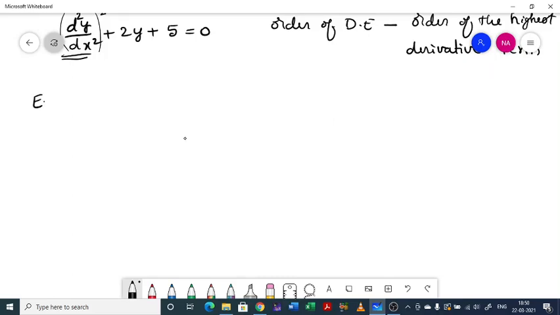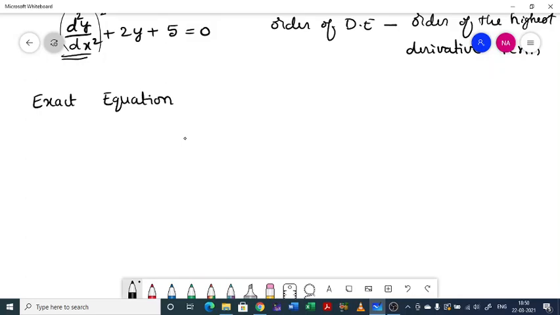So there are mainly 4 types of differential equations, I mean ordinary differential equations. Since we discuss only ordinary differential equations, I'll just call them differential equations. Every time I can't say ordinary differential equation, so I'll just say differential equation in place of ordinary differential equation. So totally there are 4 types of differential equations: separable equations, homogeneous equations, exact equations, and linear equations.